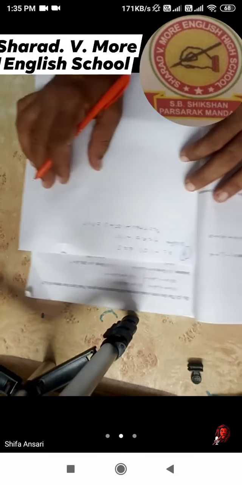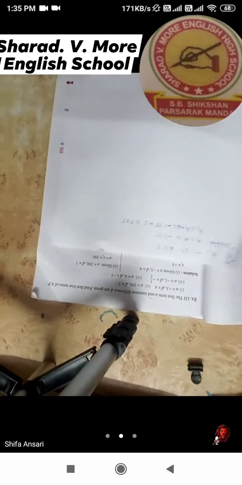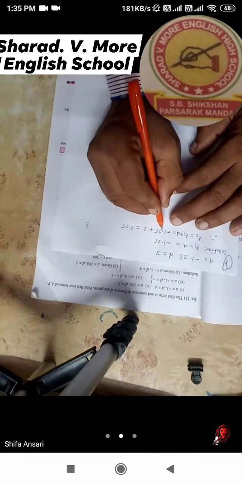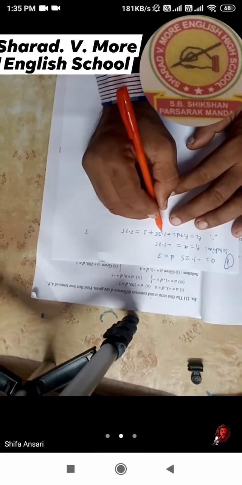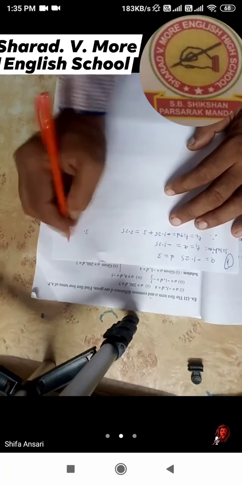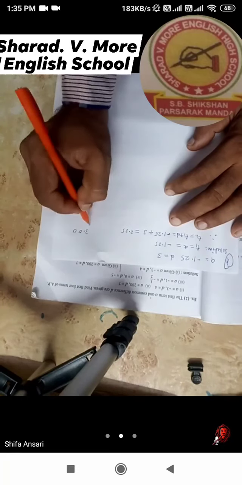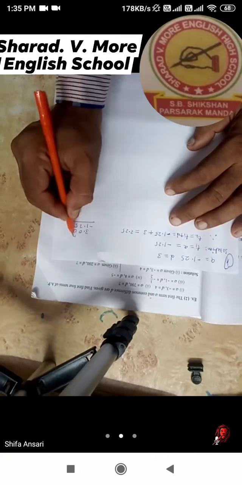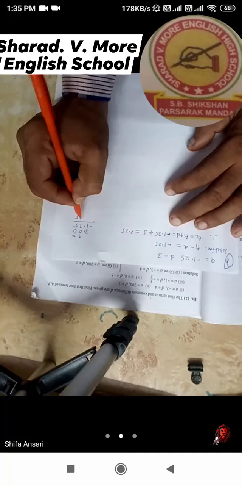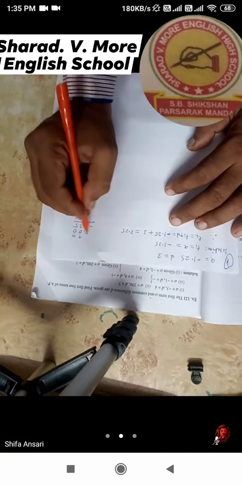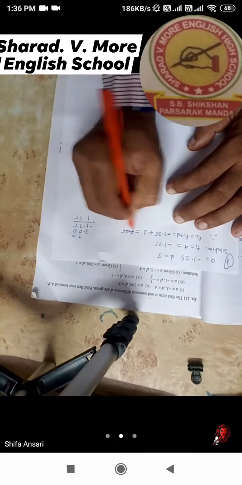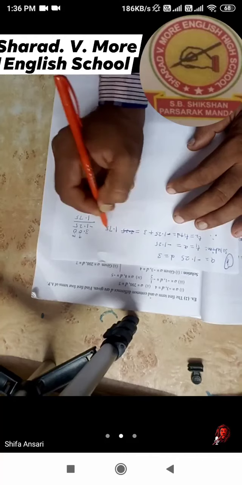Now you see the subtraction of it. 3 is greater, so write down the 3. After the decimal point there are 2 digits in the next number, so after the 3 write down 2 zeros, minus 1.25. 10 minus 5 is equals to 5. Here 9 minus 2 is equals to 7, and here what will be left? 2, because we borrowed from the 3. 2 minus 1 is 1. So here 1.75 will come.